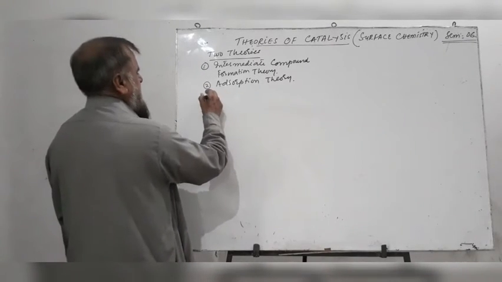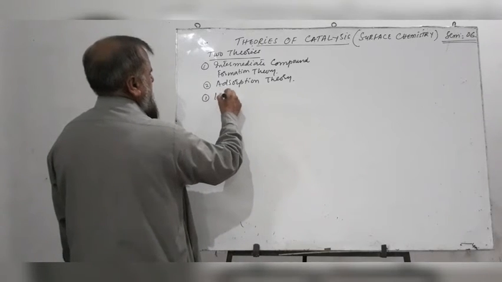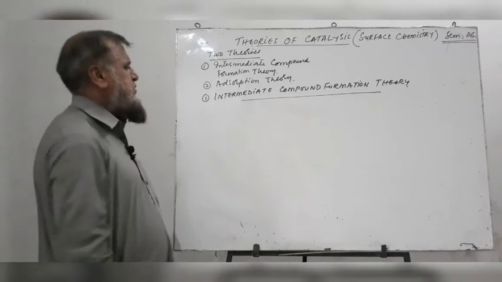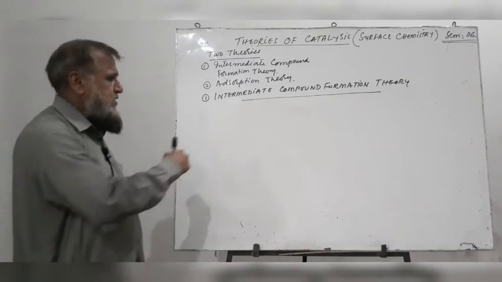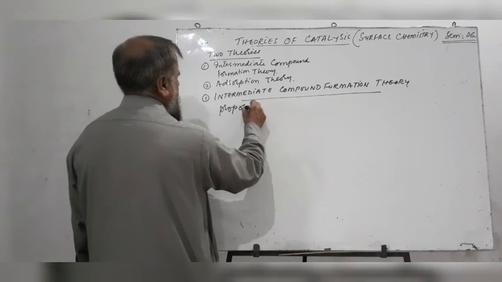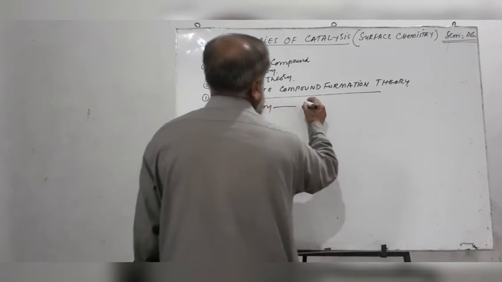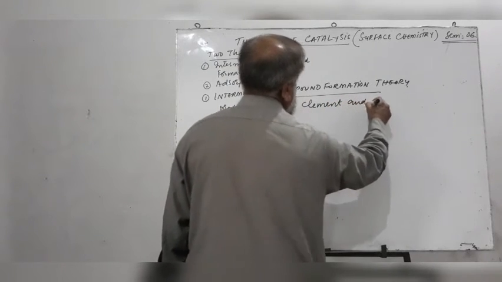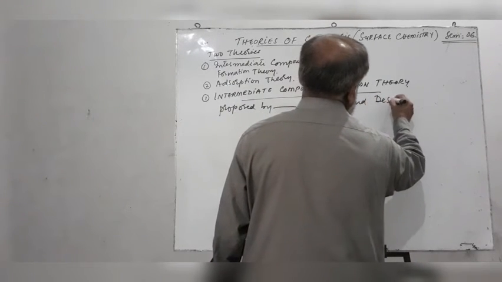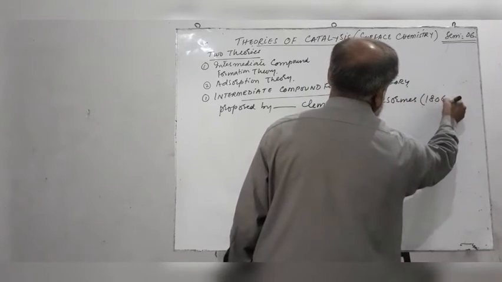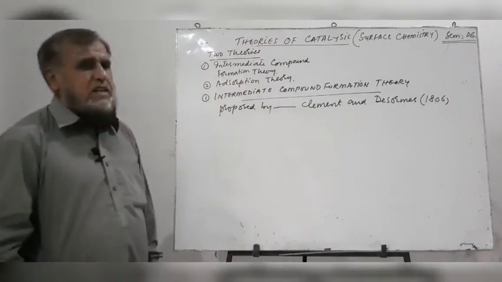First, we discuss the intermediate compound formation theory. This theory was proposed by Clement and Desormes in 1806. According to this theory,